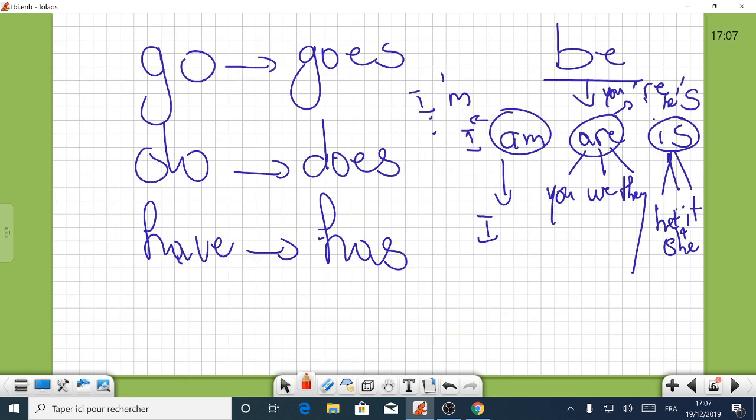And the next element, we shall see some exceptions. For example, go, we say goes, okay? I go, you go, he goes, and do, does, have, has, and of course the verb to be, which is very famous. We have three forms: am, are, or is. With the subject pronoun I, am, and are with you, we, and they. Of course, you is plural and singular. And here we have is with he, she, and it. Of course, this is the short form: I am or I'm, you are or you're,